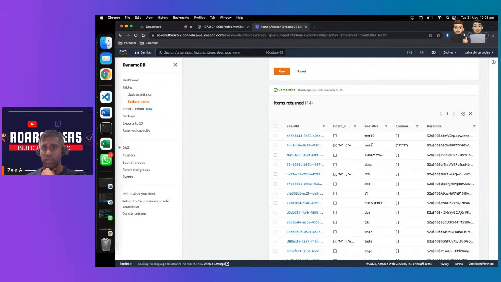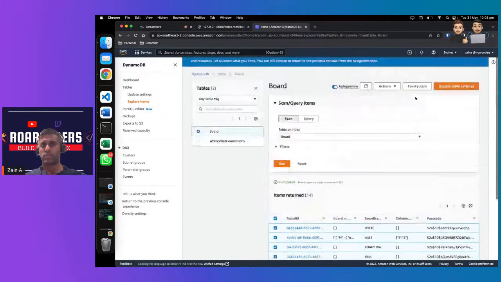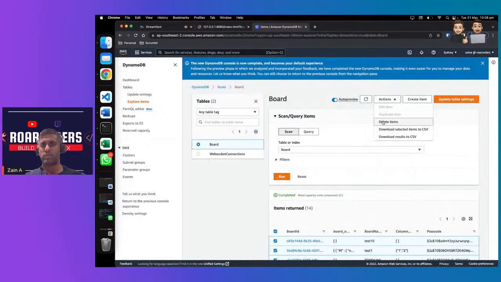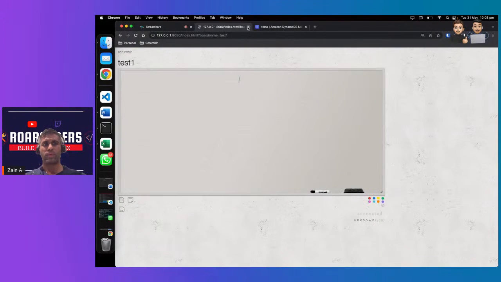Columns are being saved. So if we get rid of all of these, which means that if we create a brand new one,